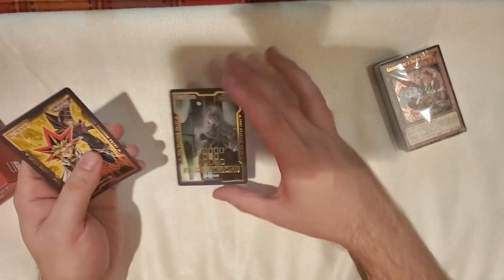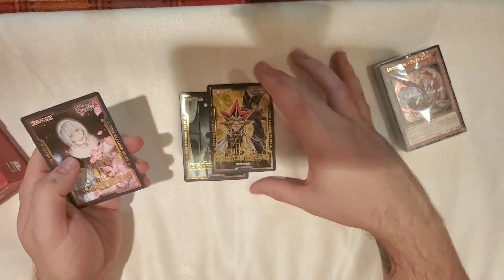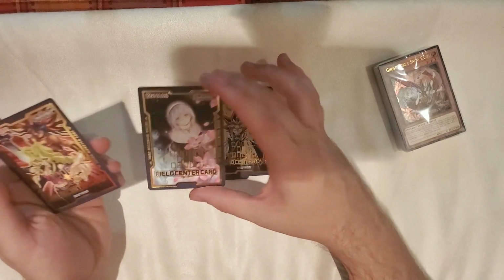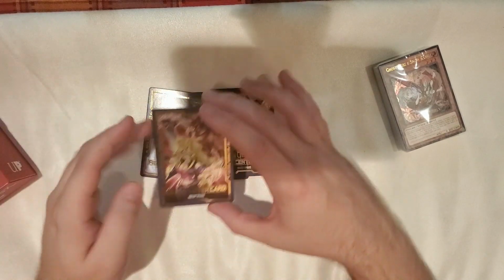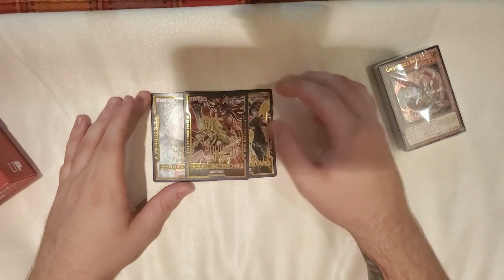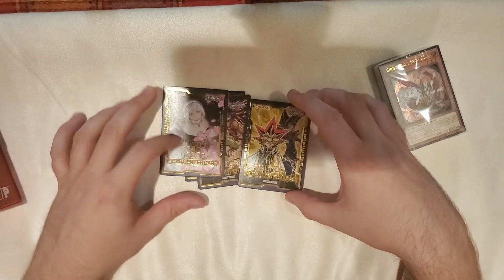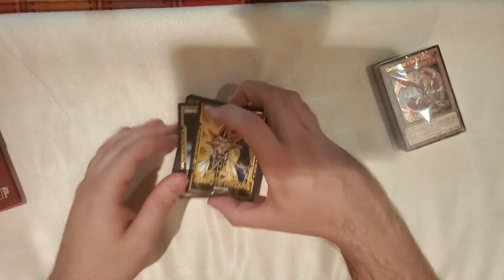So we get Ghost Belle and Haunted Mansion. We get Yugi and Dark Magician. We get Spooky Dogwood Girl and My Valentine and Amazoness Warrior. This card is actually crazy in Duel Links. That's pretty awesome. I like the Ghost Sister and the Yugi one a lot, so we're just gonna go ahead